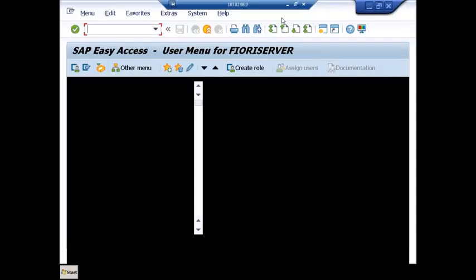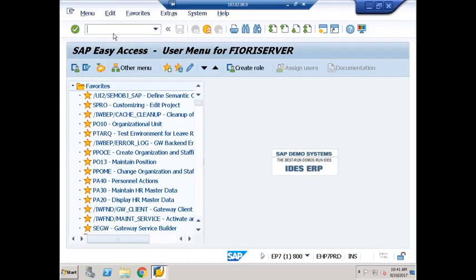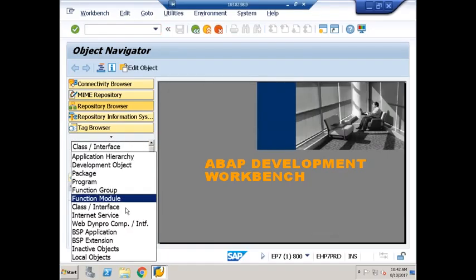As usual, I'll go to Object Navigator. In this Object Navigator, I'll choose